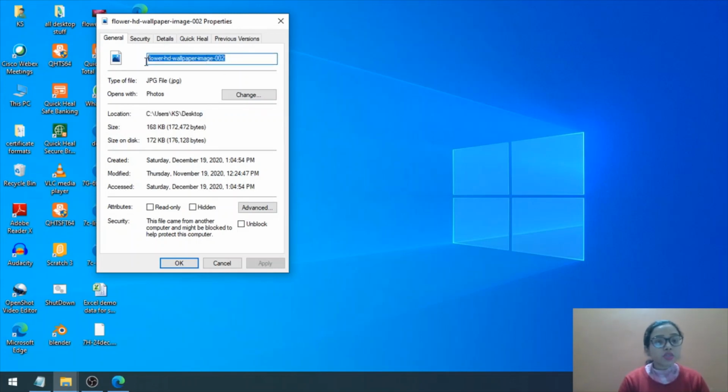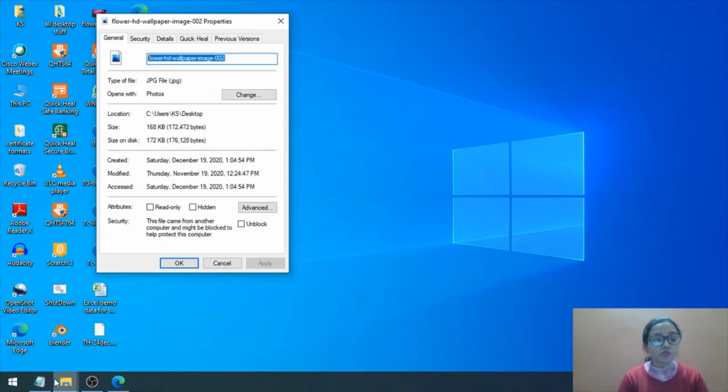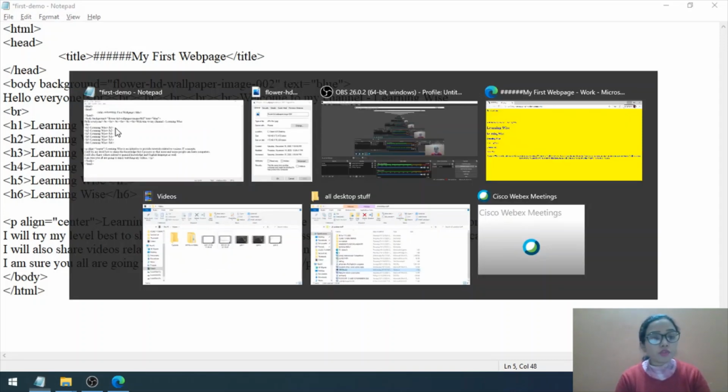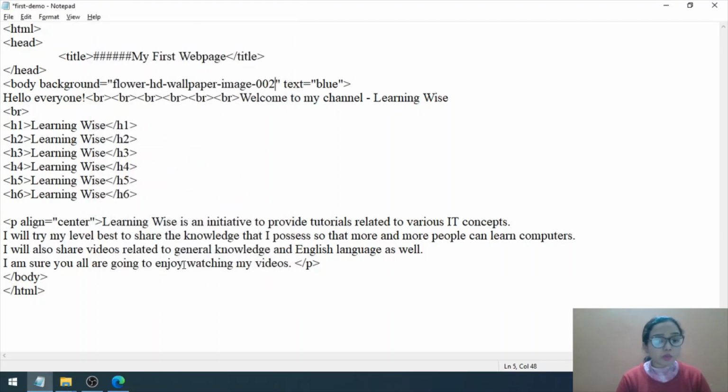I can simply copy the name by selecting it, right clicking and clicking on copy. Once you have copied this, you can come to your notepad file again and using Control V, you can paste it. After that, go back there again and check the format, the kind of file it is. It is a .jpg file. I'm clicking OK and I'll write here the extension .jpg.